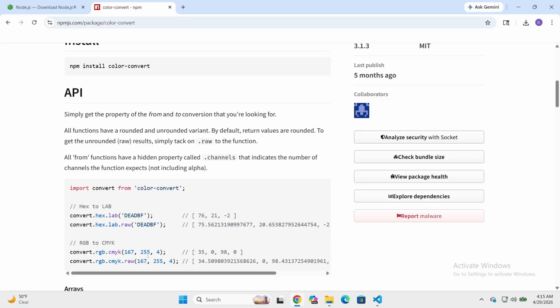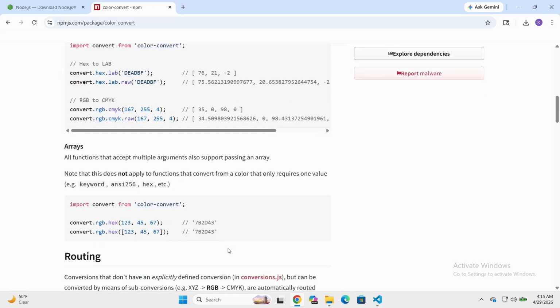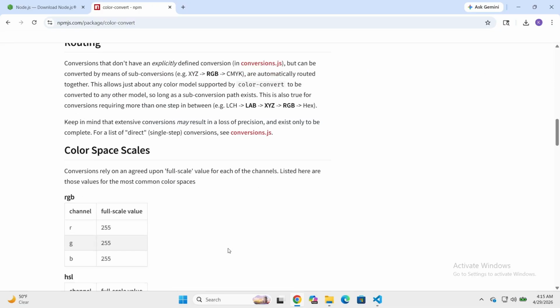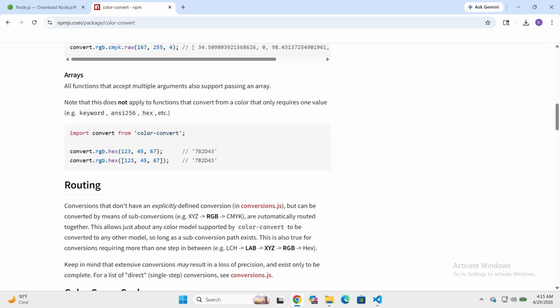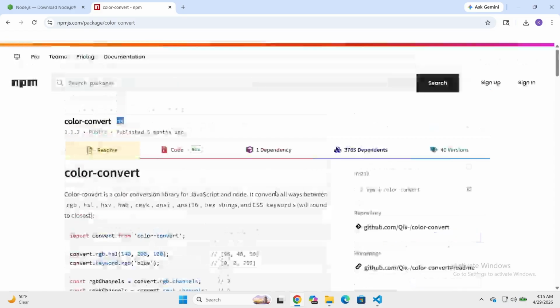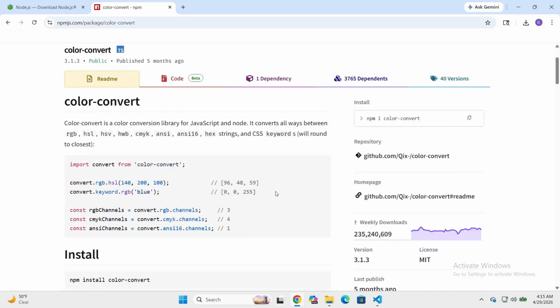So 167, 255, 4 is going to equal 35.0, right? So it's a simple program for those that work with color palettes or who would like to work with different formats of designing in different color forms or formats, then this is it for you. We're not working with any of this stuff. I mean, it looks pretty simple to install. I might just give it a go